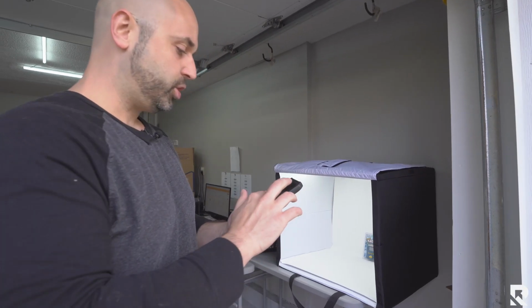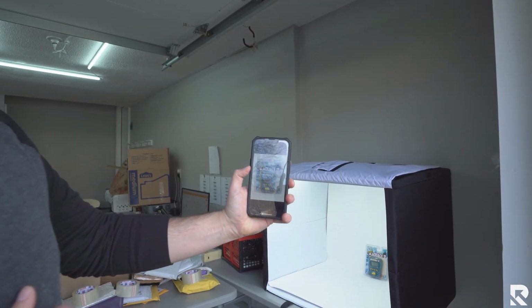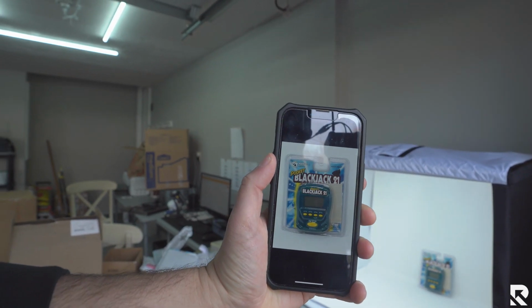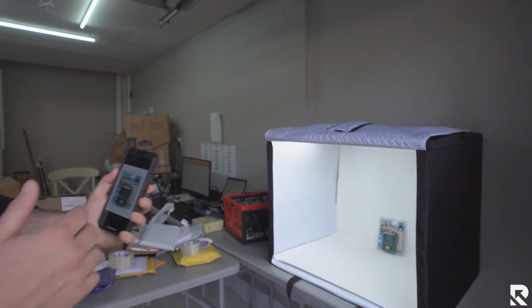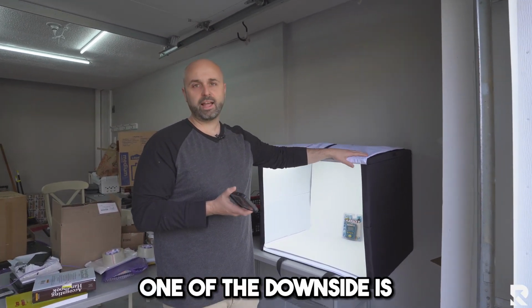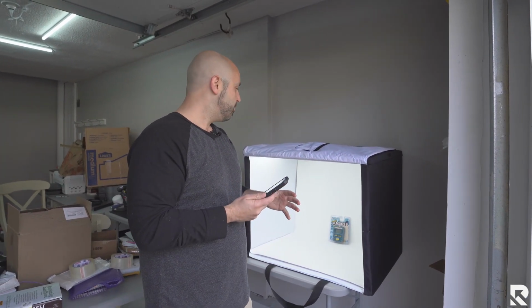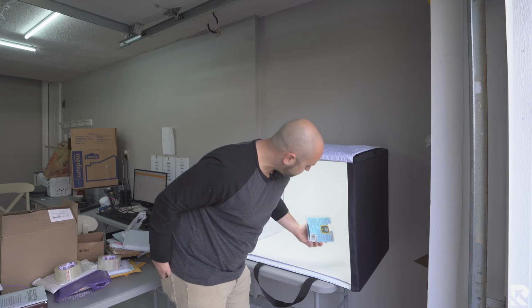So why am I showing you this? Let me put the light up on my screen a little bit. Look how clean that looks. I don't know if you could see that on the video, but the reason is, when you sell on Amazon, and I'm going to be fully transparent, one of the downsides is people can return items for whatever reason they want. I guess the same applies on eBay, but when you get items back that are returned or damaged,